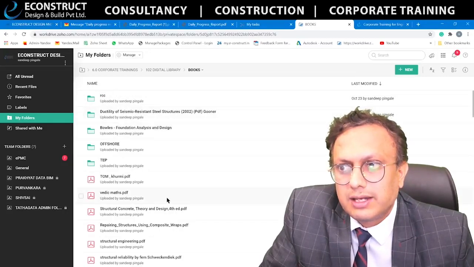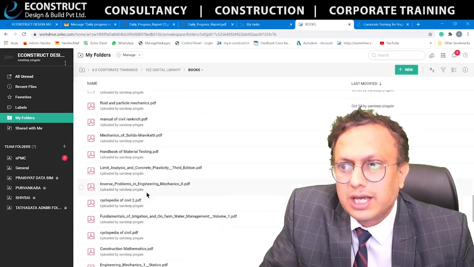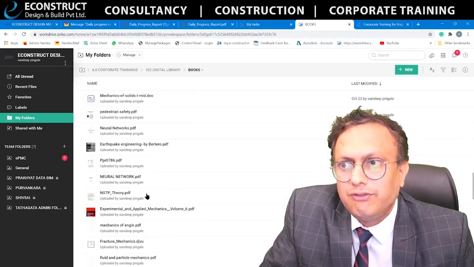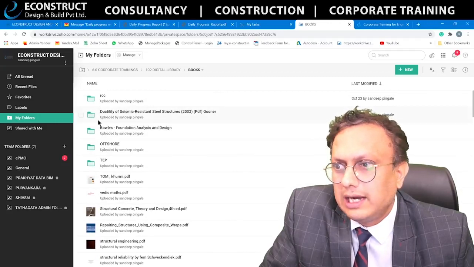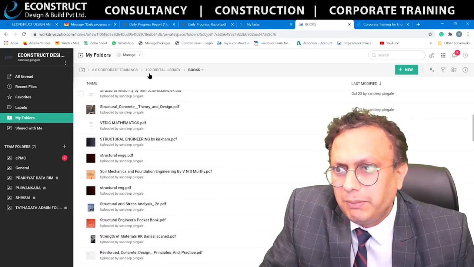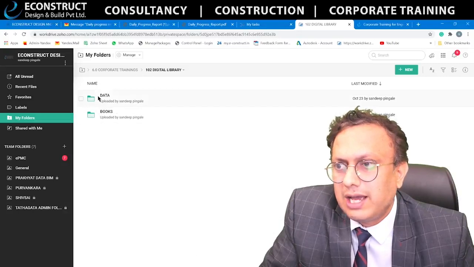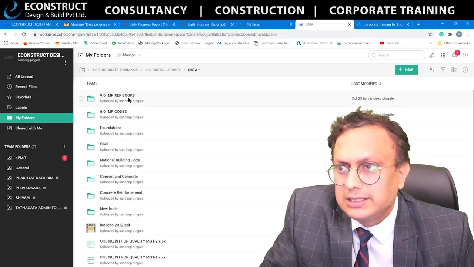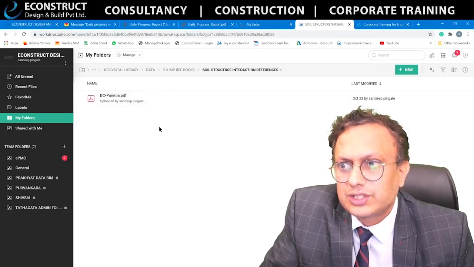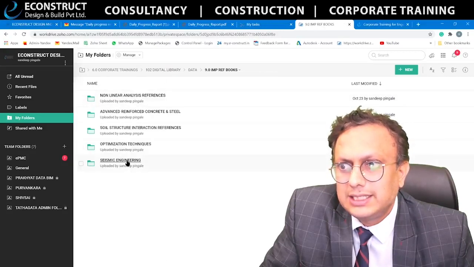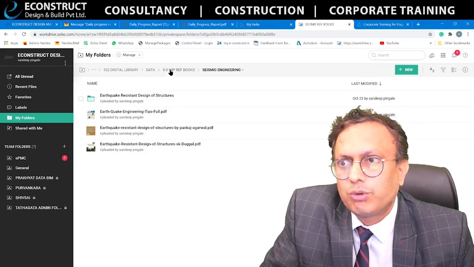Very versatile numbers of books are available in various categories. They can go through offshore, ductile detailing, bolts, and many other places where they can have that data. These are reference books. See, nonlinear analysis, soil structure interactions, many different types of books.